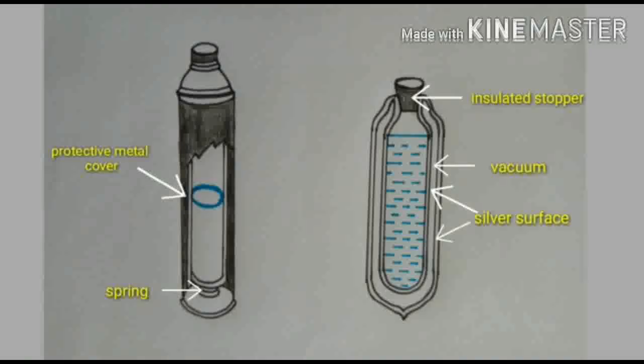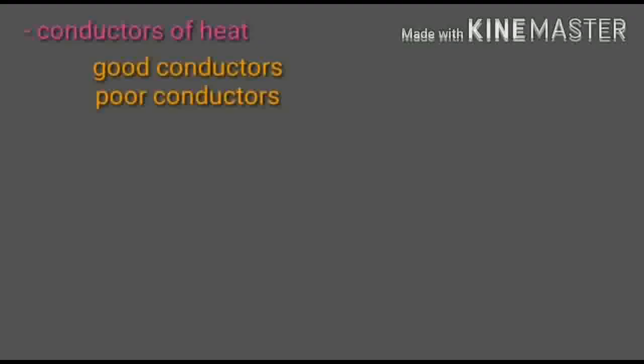So, today we have learnt about good and poor conductors of heat, insulators, and the remaining two ways of heat transfer, that is, convection and radiation. For conductors, we saw a few examples: metals are good conductors of heat, and materials such as air, glass, mud, plastics and liquids are a few examples of poor conductors of heat. Next is insulators. The substances that do not allow heat to pass through are called good heat insulators.